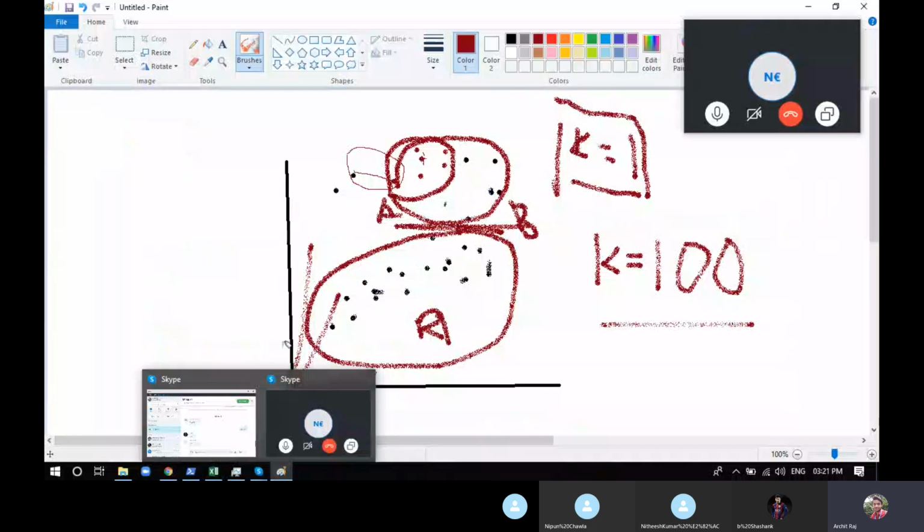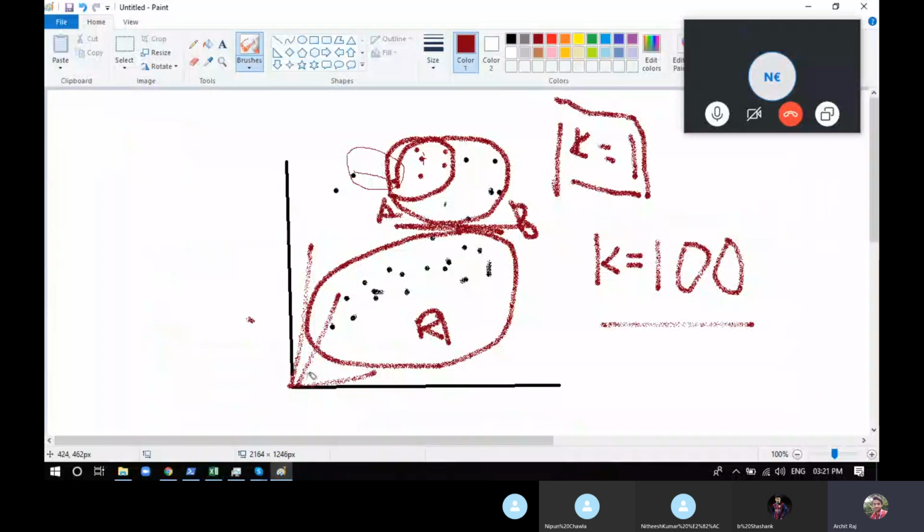Now imagine a column having the minimum value as 0 and the maximum value as 1. So the numbers will be oscillating between this much only, 0 and 1. The whole data set will be in between only. And there's one more feature for which the minimum value is 0 and the maximum value is 10,000. So the whole data that you have will be oscillating across the whole graph.